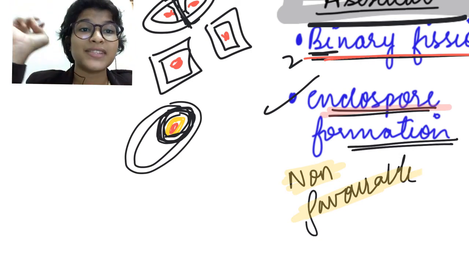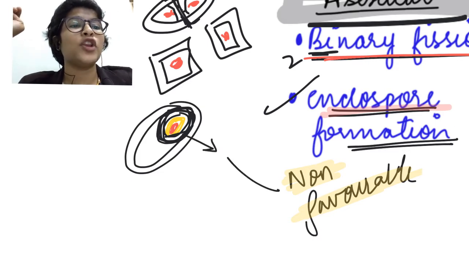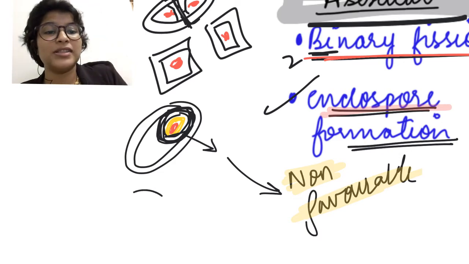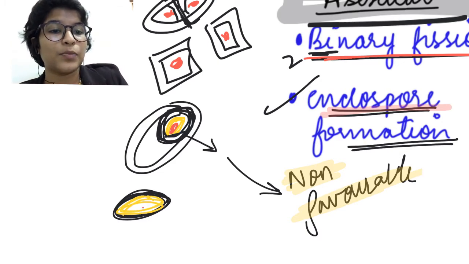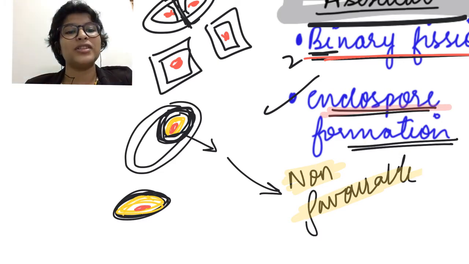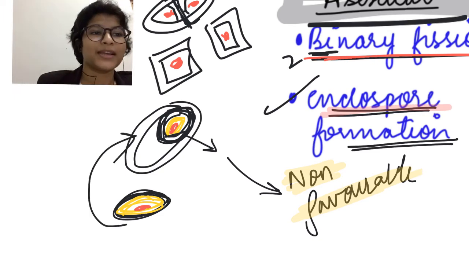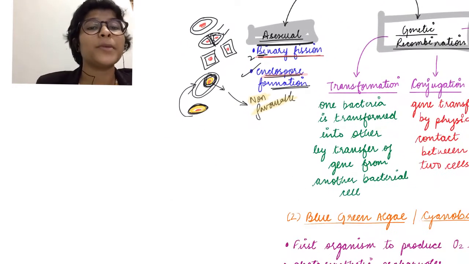It gives us chemical resistance, etc. so that this spore can at least survive in non-favorable conditions. Therefore, when there are favorable conditions, this spore will germinate. This is our spore. In favorable conditions, it will germinate again to form the bacteria. Okay, so this is endospore formation. In endospore formation, the number of individuals does not increase and yet we call it a type of reproduction.